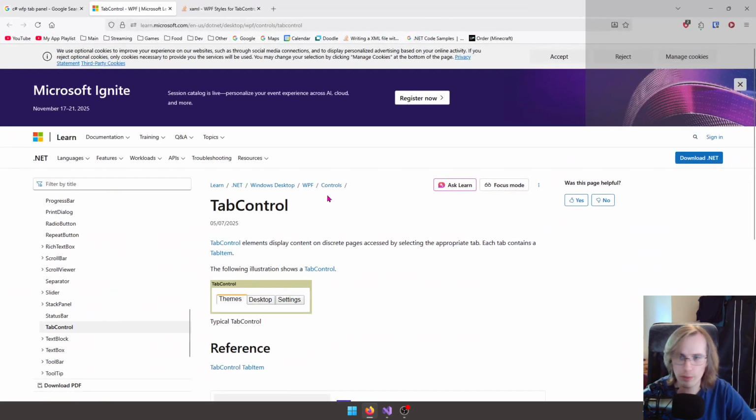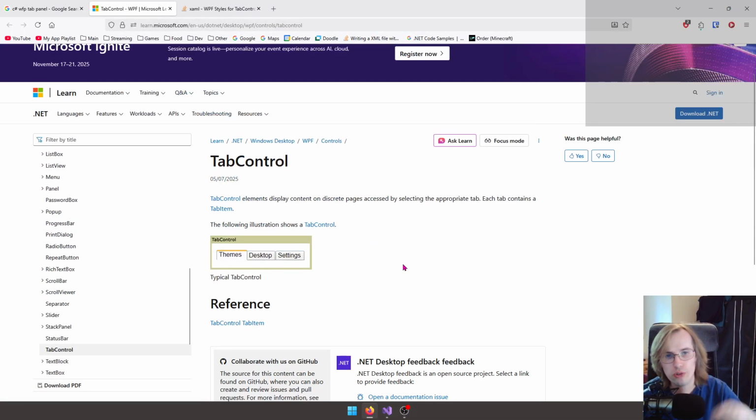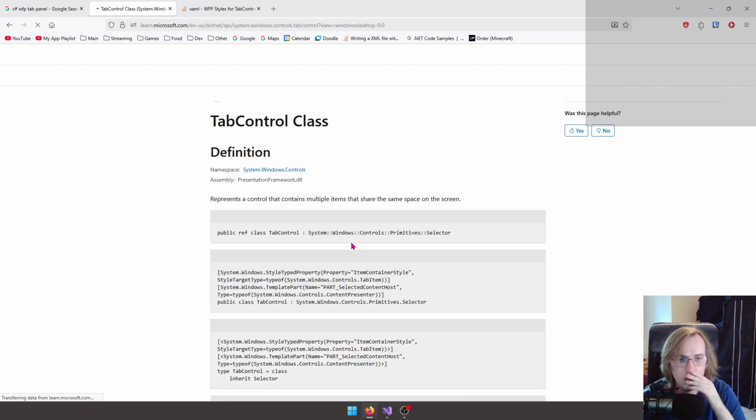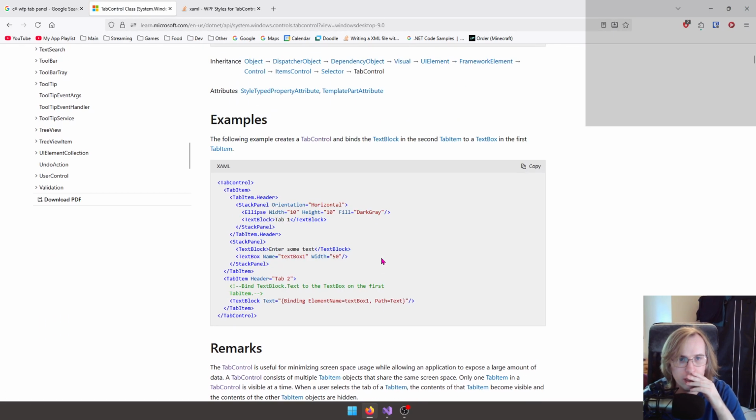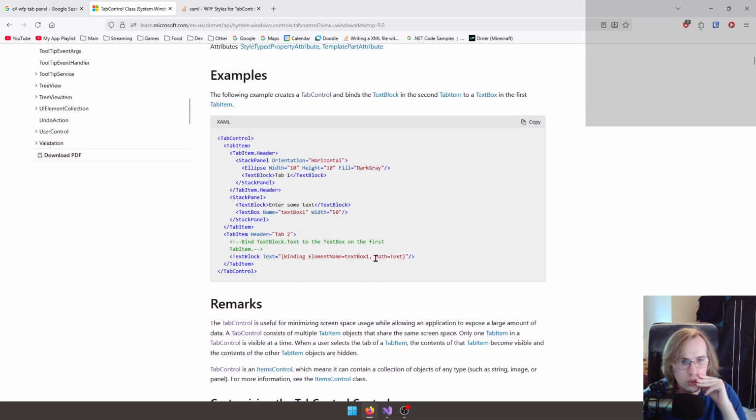Let's see. I might as well put this up on here. Tab control, elements, display, content, and separate. Just gonna reference this again, isn't it? So we've got tab item, item.header. That's interesting. So you can set custom things. So we kind of want,